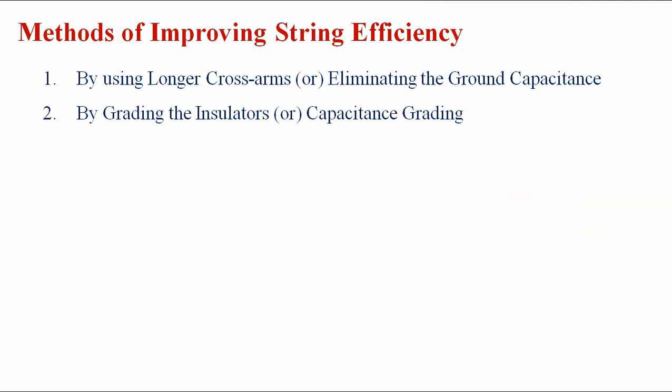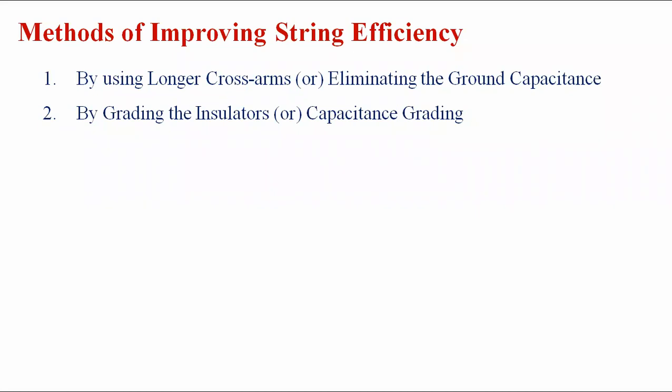Now in this method, we take insulators of different dimensions, and once we use different dimensions, automatically the capacitance value is also different. But here one more drawback is that it is not practically applicable. Once we take different sizes of insulator, which one is connected to the cross arm side and which one is connected to the conductor side creates some ambiguity, so practically it is not